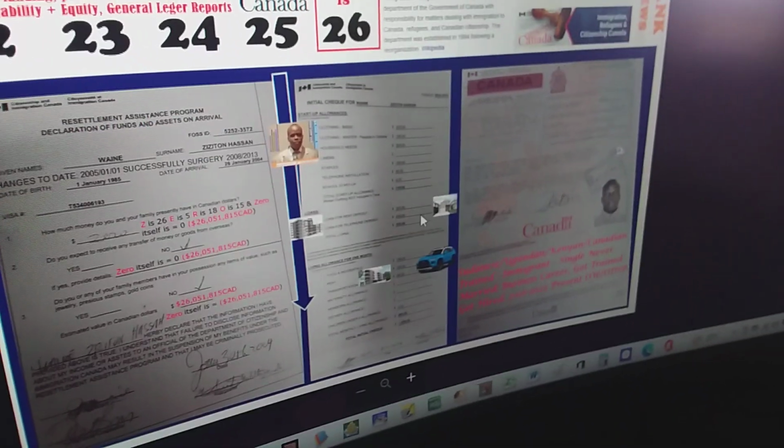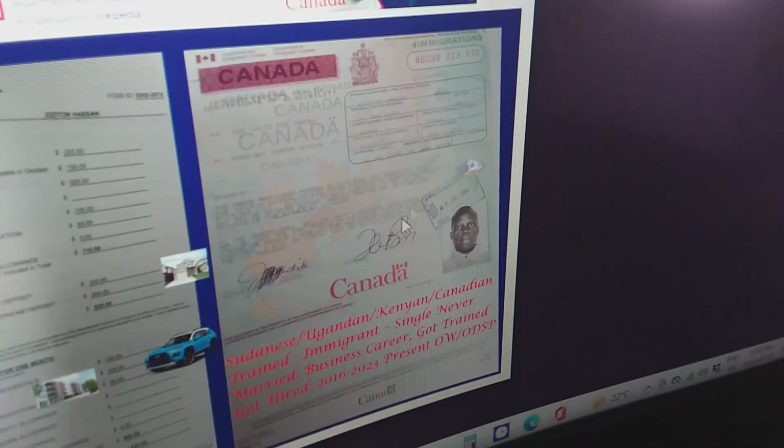It's only given to an immigrant when they land in Canada. When they arrive here in Canada, they will be given these papers. These are 3 papers which you are seeing: 1, 2, 3. Three of them will be given to them to sign when they arrive in Canada. They sleep here in Canada, and they stay at least 3 days in Canada.